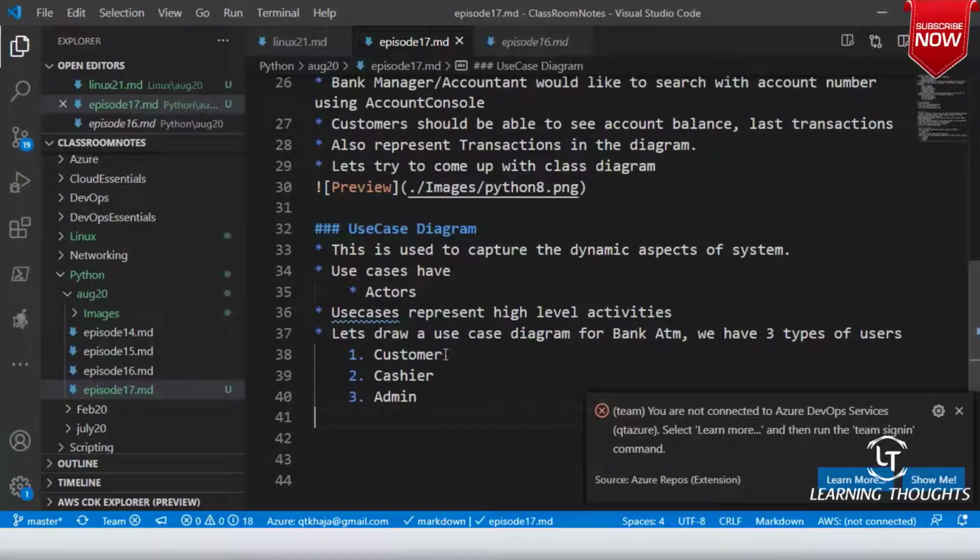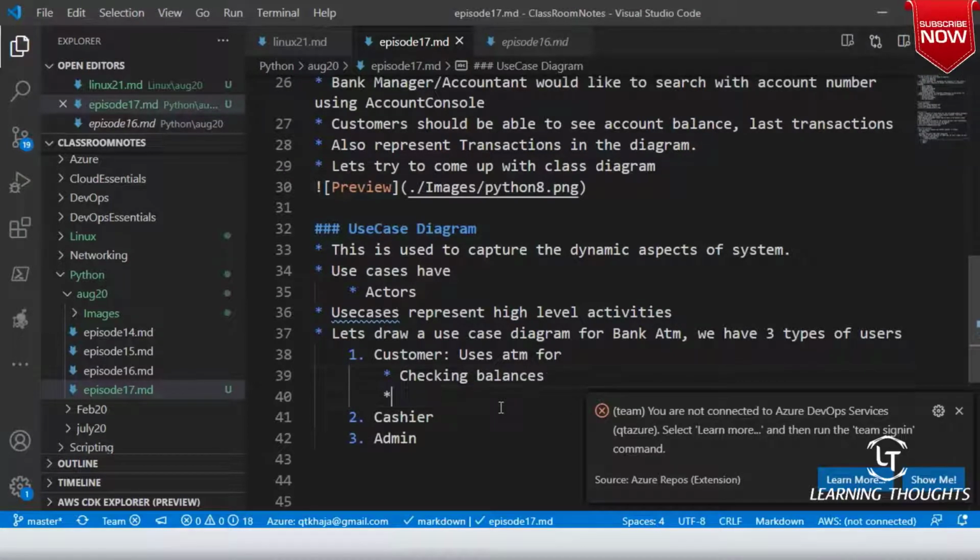So the customer uses the ATM for what? Checking balances, deposit funds, withdraw funds.